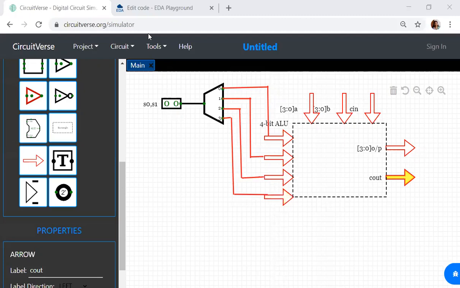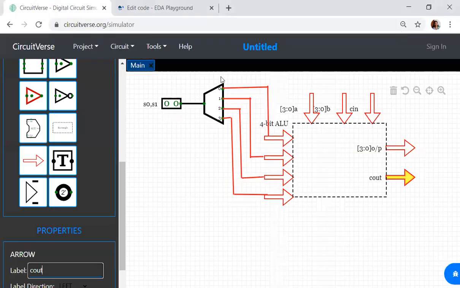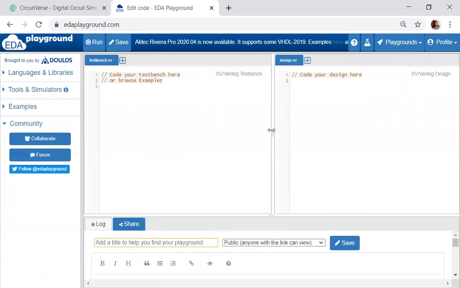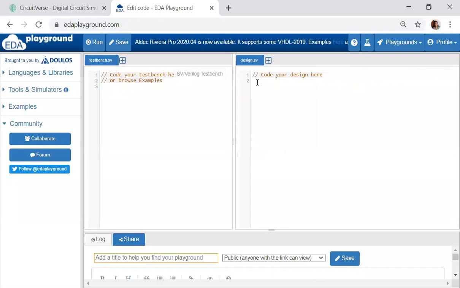So the design looks like this. What are the submodules I require?